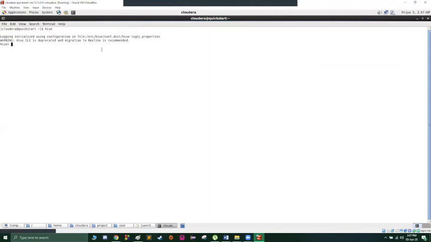What I can do is show that I can do select star from user 1. So this will show me a couple of entries which are already loaded onto my virtual machine, the first few entries that were there in this table.